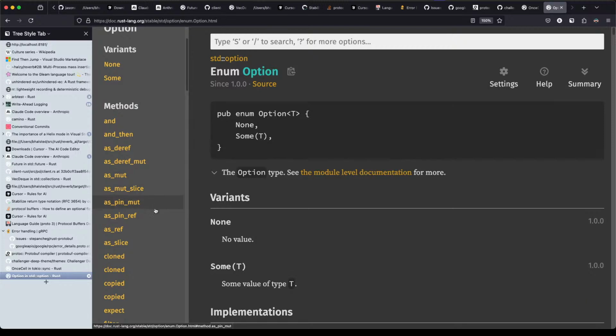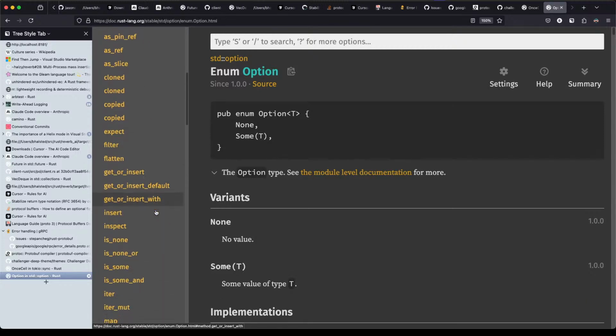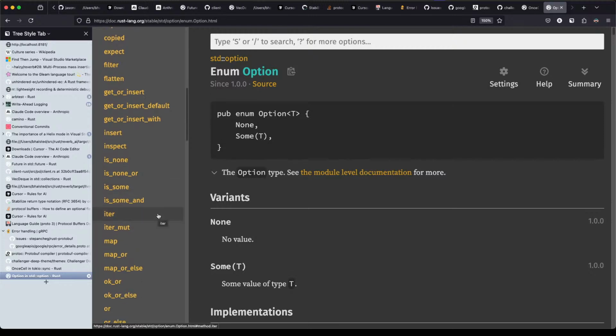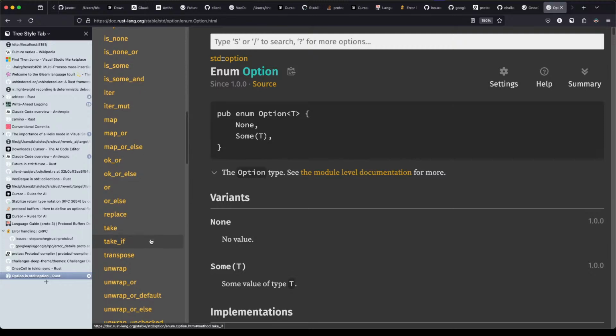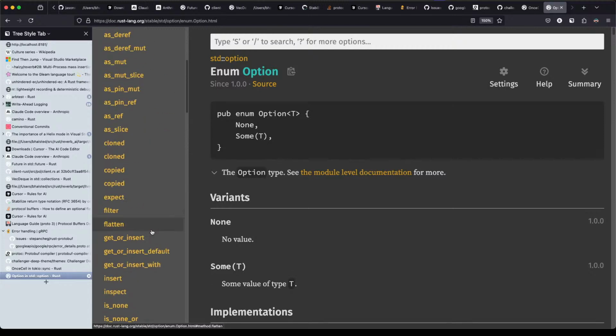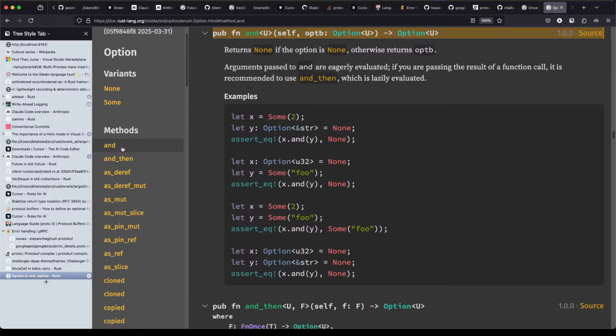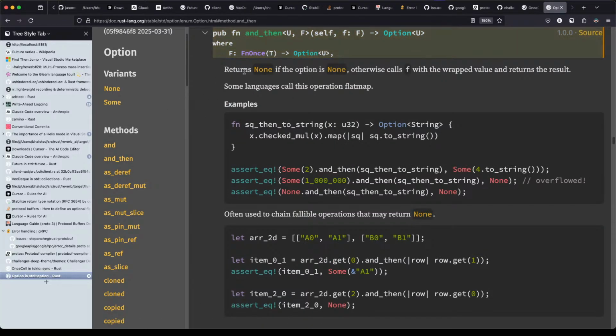Option. Yeah, this also consumes self as deref.